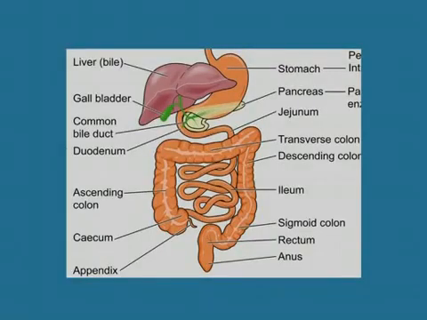This is the diagrammatic representation of the digestive tract. You can see the mouth, then the funnel shaped structure called the pharynx. The tube that goes down towards the stomach is called the esophagus. Then you can see the stomach, the duodenum, that inverted C shaped structure, then the coiled portion, the small intestines, and then the large intestines. First you can see the cecum, the extended part, ascending colon, transverse colon, descending colon, sigmoid, rectum, and anus. Now in the digestive system, we are going to discuss an accessory organ called the tongue.